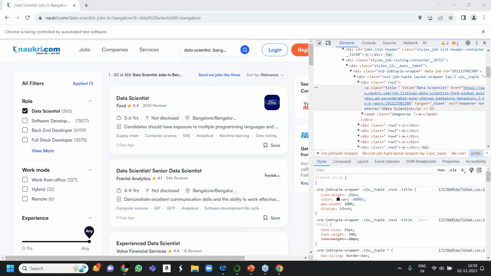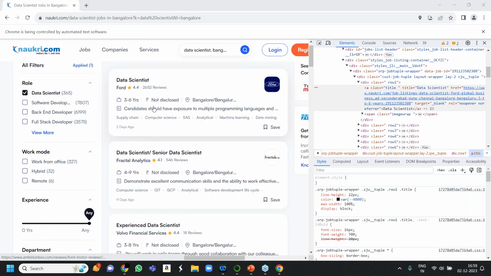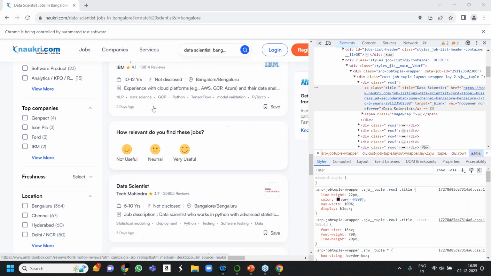Relative, relative. Why? Has more elements. Correct. So we will be using the relative XPath because I need all the job titles.